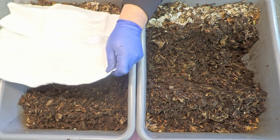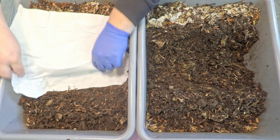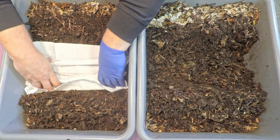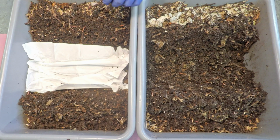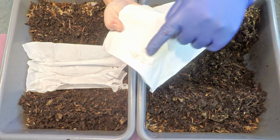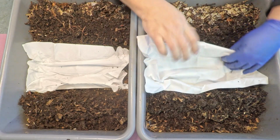So this is a really big napkin. I'm even wondering if there's just one more layer. We could probably even unfold it one more layer beyond this. But you know, that's probably good enough. We'll just lay it in here. We've clearly even got some other leftover bedding materials, as you can see over here. And let's not forget, both systems are going to get a nice big napkin here. Then we can start piling in